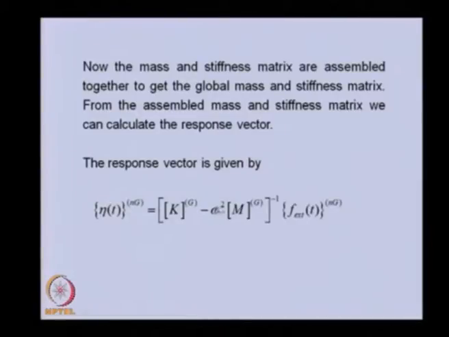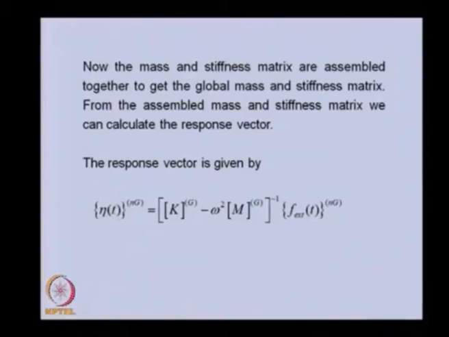Because there is a forced vibration and the main forcing is unbalance, we expect this omega will be the spin speed of the rotor, and this is the unbalanced force. So this we obtain from the global equation of motion after application of the boundary condition. So, this equation can be used to obtain the response.